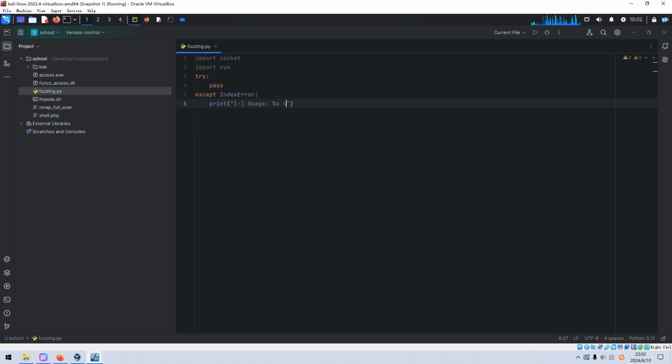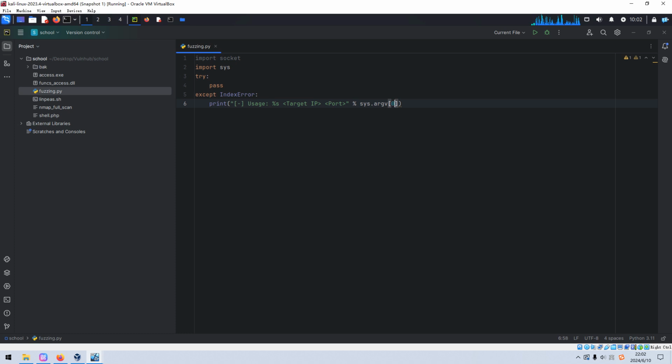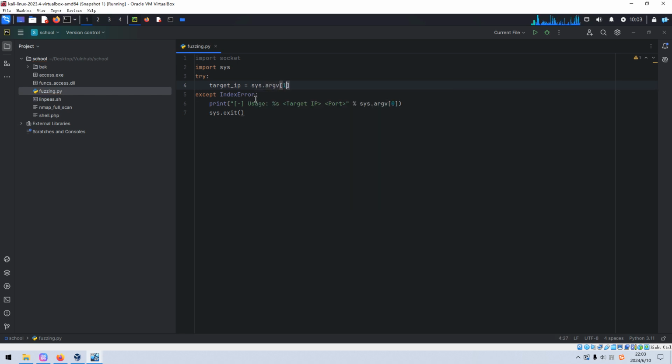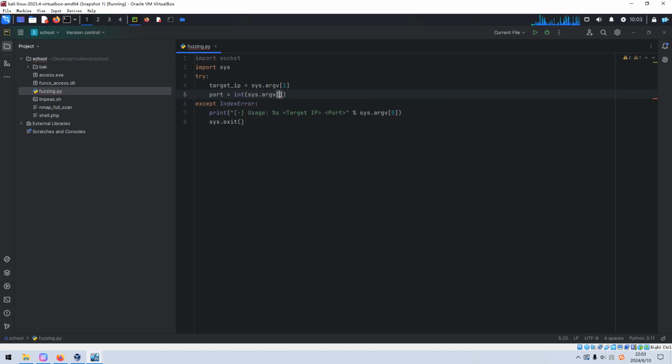It should be target IP and port number, sys.argv, the program name itself, and then we can exit the program. If no IndexError, then we can save it to target IP, sys.argv, and the port number. Of course, we need to convert it to an integer.